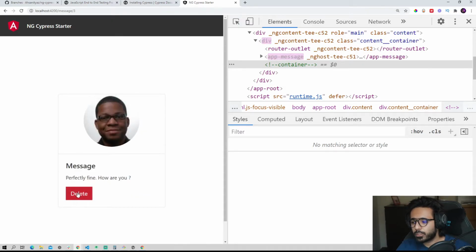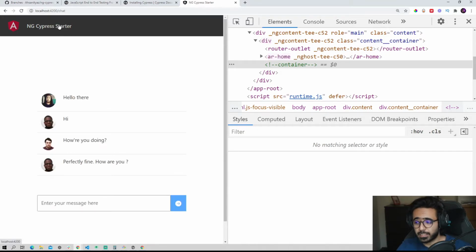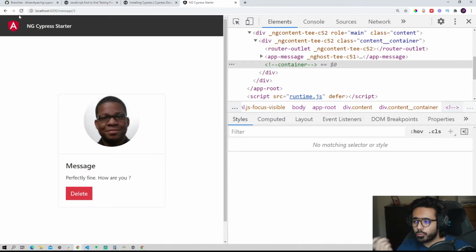Now, just notice the sequence of tests that I'm writing. I'm writing about all of the events or actions that are possible on this particular page. I'm not talking about, hey, what if I delete this button? I'm not going to put that in the chat test. I'm going to put that in the message test later on. So from this page, I can click on an item and I should be able to go to the URL